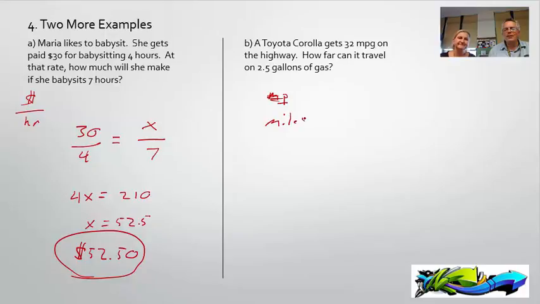Miles on top. I had to think about this. And gallons. Miles per gallon is like a ratio already. Absolutely. So we have 32 miles per 1 gallon. That's what it says. That's very practical. If you're starting to drive and you know you have about 1 gallon in the tank, this is very useful information. So this 32 miles per gallon, that's what that means. 32 miles goes with 1 gallon.